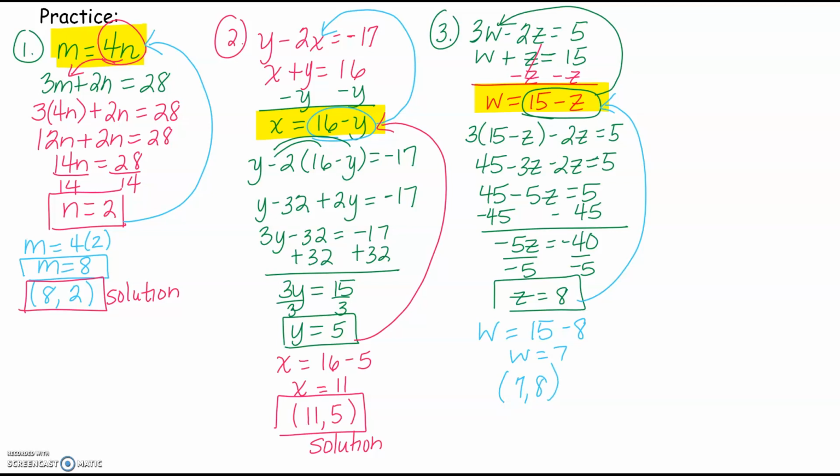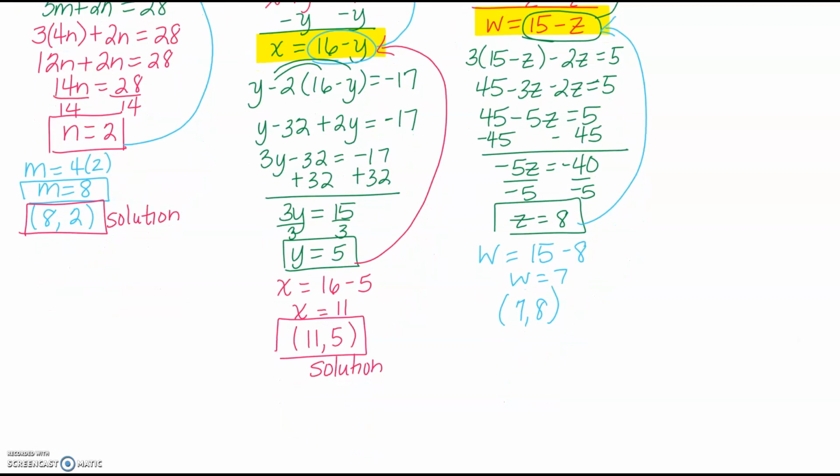Okay, I want to do 3 more with you, and then I'm going to have you try 2 on your own. There's not going to be enough room on this side, and of course, for you all, so I want you to get another sheet of paper out while I write the next one down, because you're going to probably need more room to do the next couple before you go to the back side. So number 4 is 2a plus